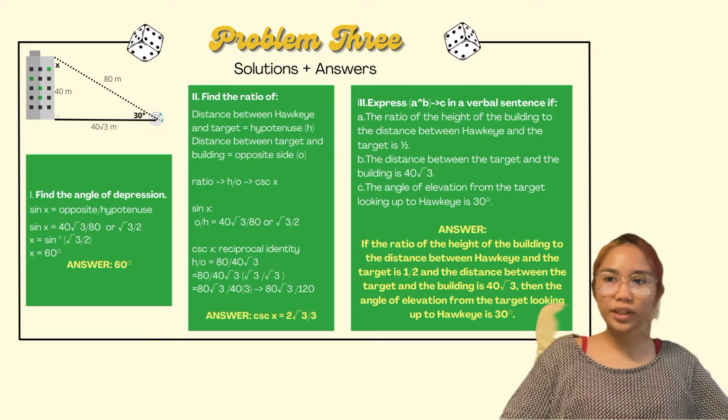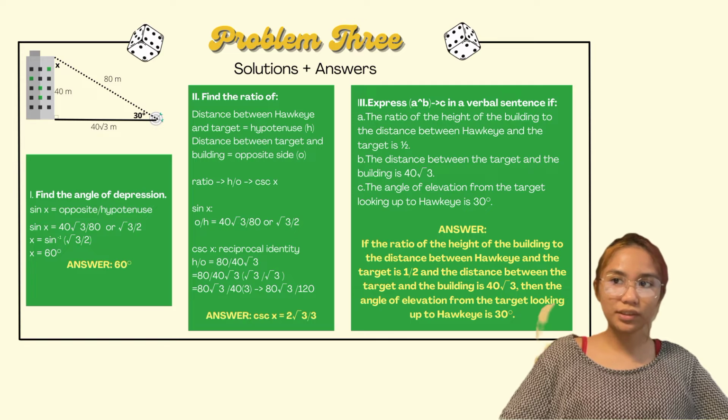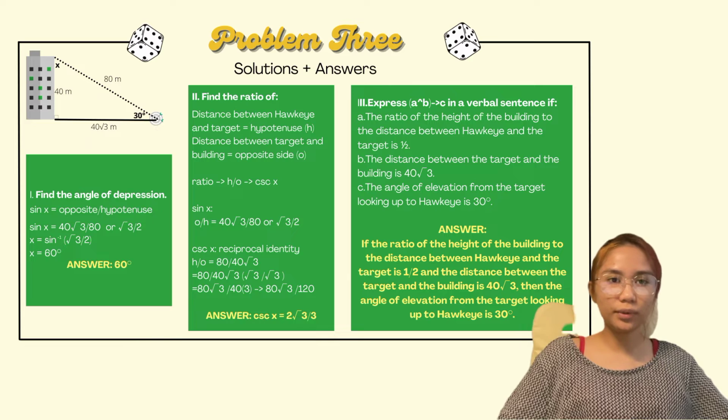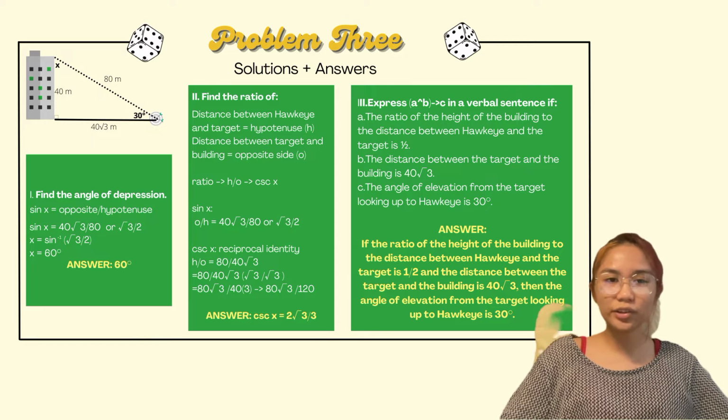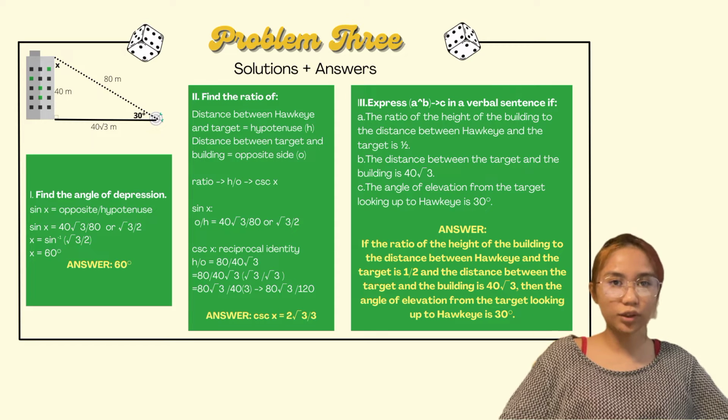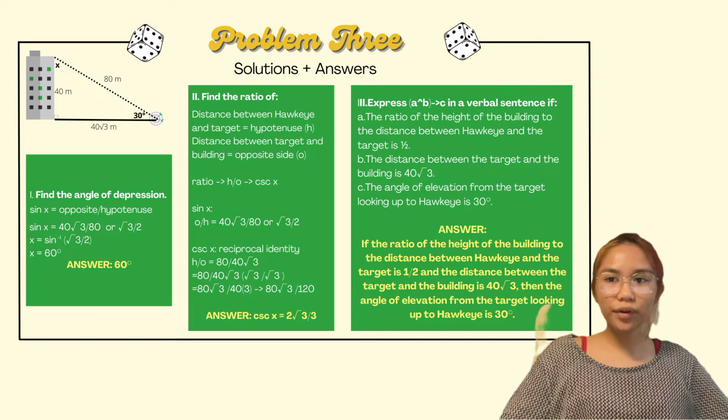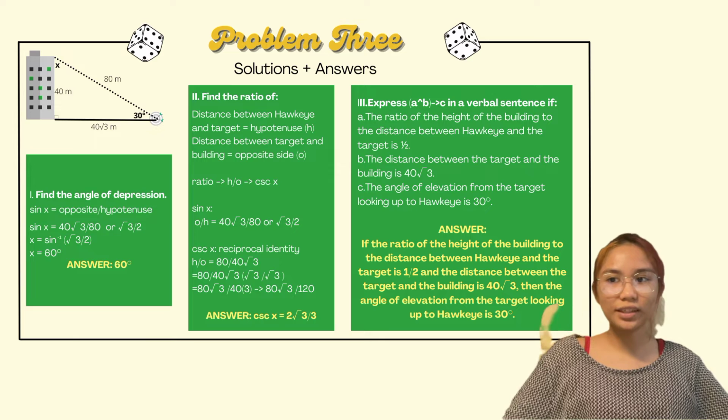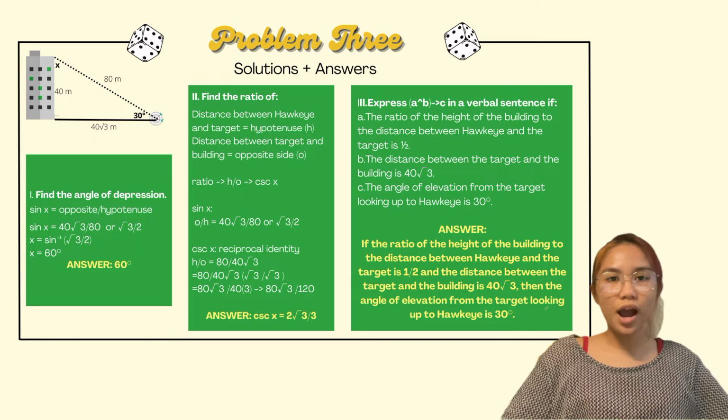For the second one, we need to find cosecant x, or the ratio of the distance between Hawkeye and the target, which is the hypotenuse, and the distance between the target and the building, or the opposite side. Now since that is asking for the ratio between the hypotenuse and the opposite side, or h over o, we can say that that is cosecant x, which is the reciprocal of sine x, which is opposite over hypotenuse. So since we've already solved a while ago for the sine x, which is square root of 3 over 2,